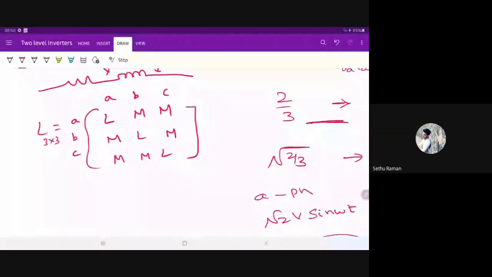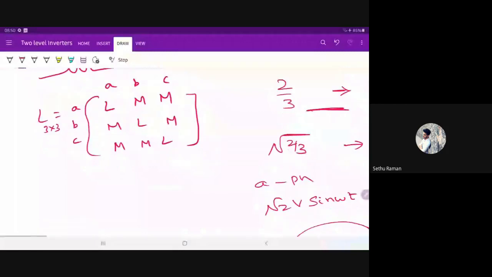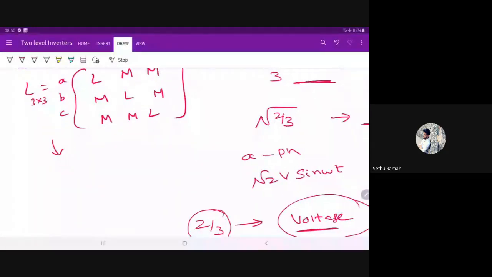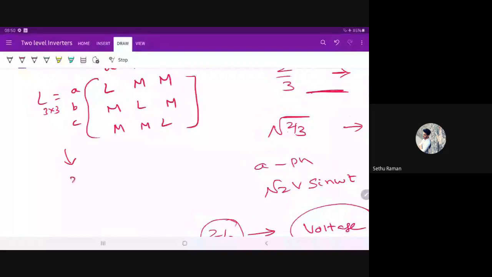So when you are actually using this for any calculations, it is difficult, right? So by using this transformation, we can convert this inductance matrix. That means this L 3 by 3, I convert into alpha DQ0. So you have this transformation matrix, I assume this is Ks. So this Ks is the transformation matrix, whatever the root 3 into cos theta sin theta is there. That is what I assumed as the transformation matrix.